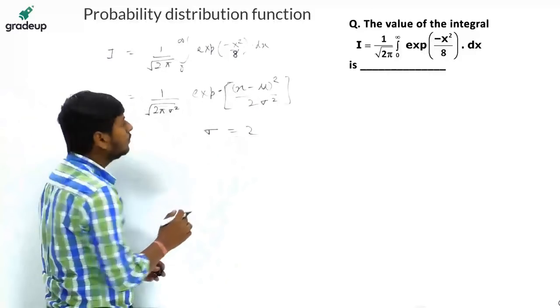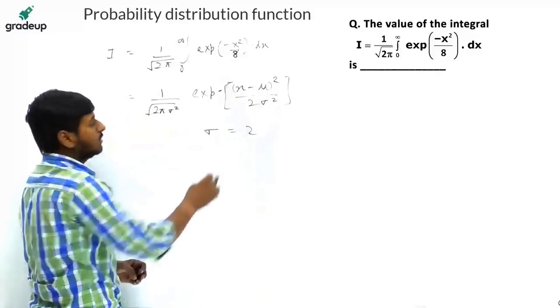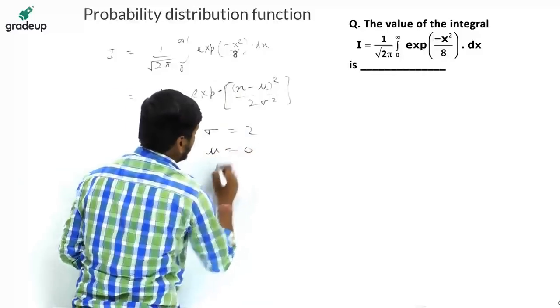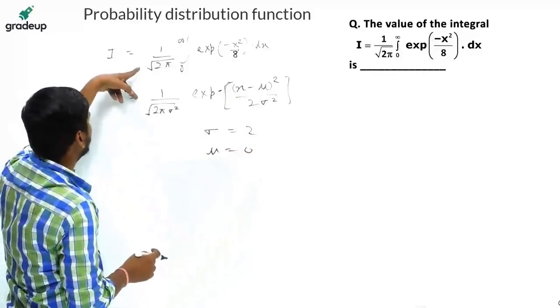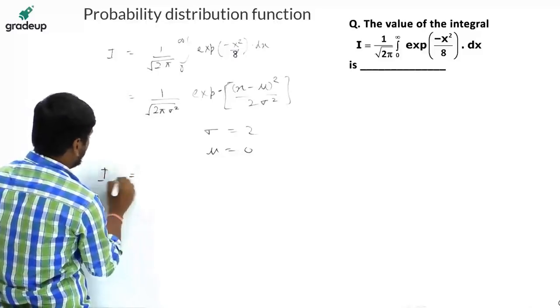Sigma is equal to 2. And what about mu? X square is here in the question, so mu is equal to 0. To match this integral with this standard form, we have to make it like I is equal to 1 divided by